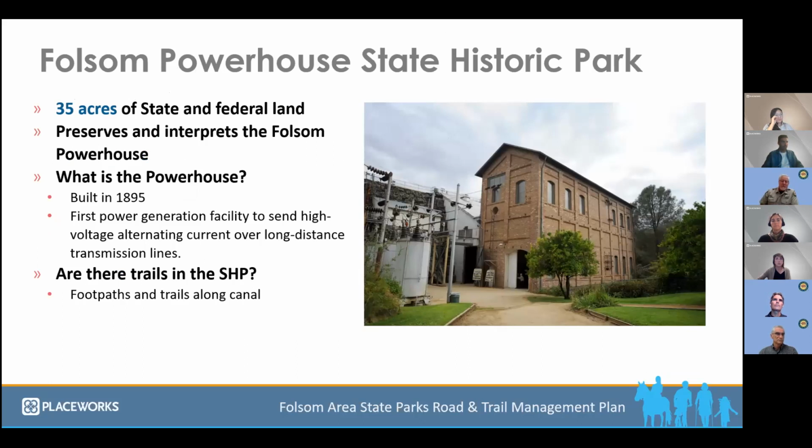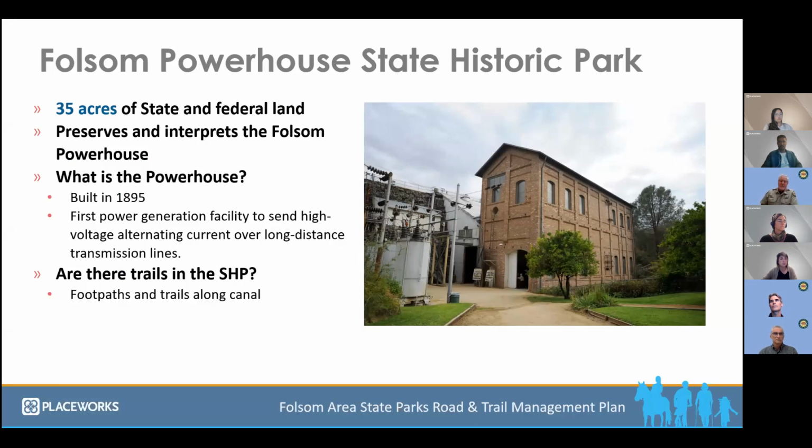In comparison to the Folsom Lake State Recreation Area, the Folsom Powerhouse State Historic Park is relatively small. It's approximately 35 acres in size, and it too consists of both state and federal lands. The park's primary purpose is to preserve and interpret the historic Folsom Powerhouse that began sending power on July 13th, 1895. This site was the first power generation facility to send three-phase, 60-cycle alternating current over long-distance transmission lines 22